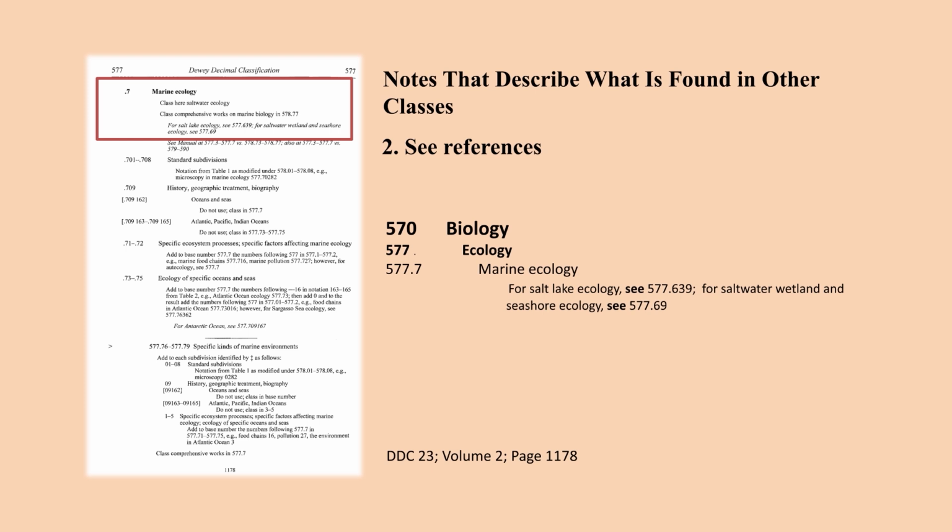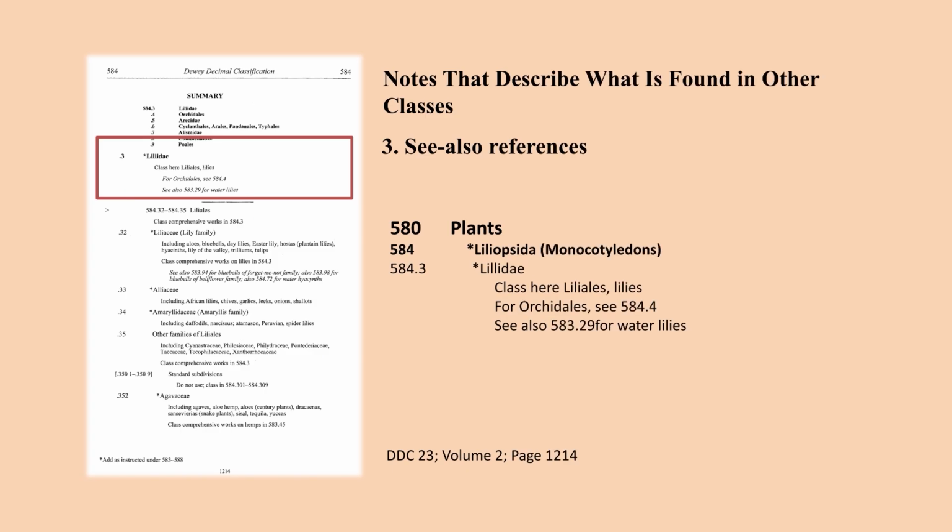The actual number will be 577.69. That our class number here already mentioned. The final one of this category is C also reference. So C also reference, if we move to page number 1214, then we will get 580 plants or the subject